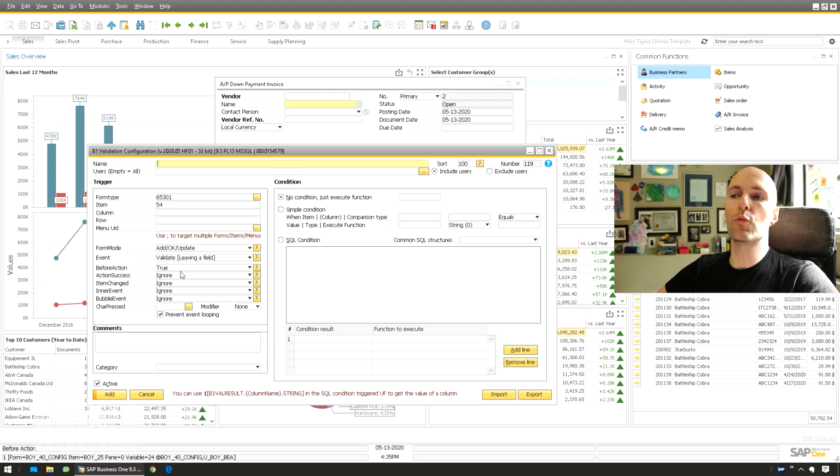So this is what reads what is going to trigger the particular function that we're going to run. So normally what I like to do is I need to put some sort of name. I'm going to put OXXX because in my case, I would be potentially reusing this on multiple documents. So I just put O, and then that lets me know that it's on the documents.